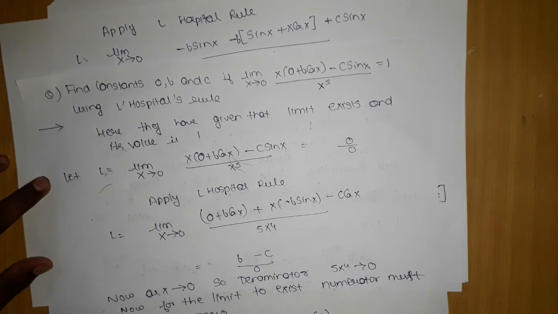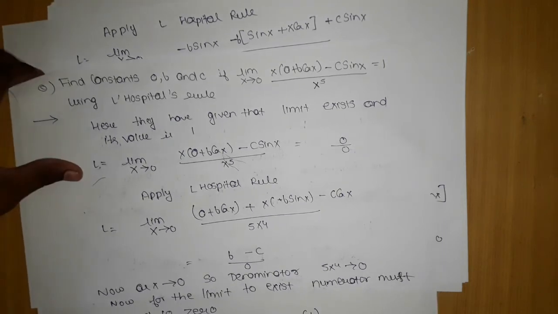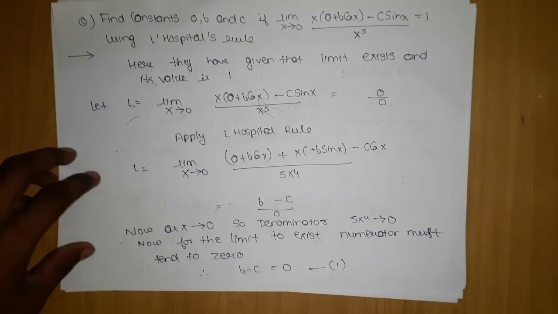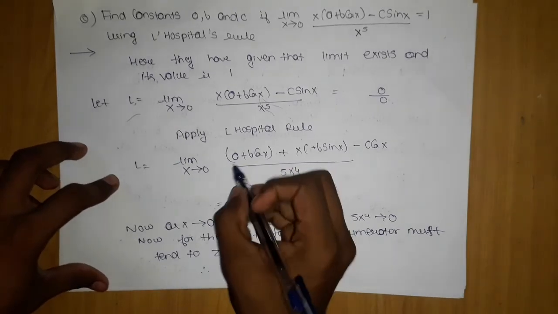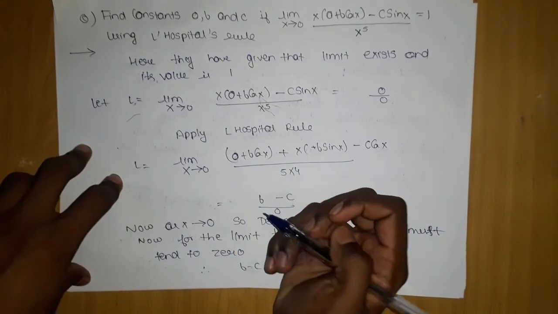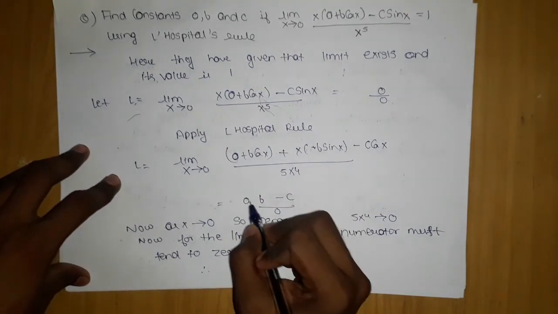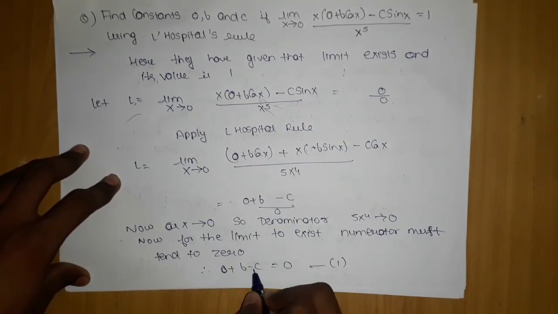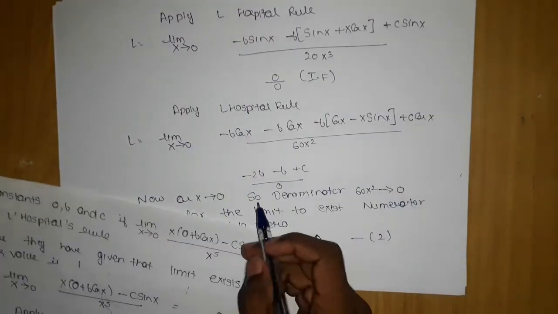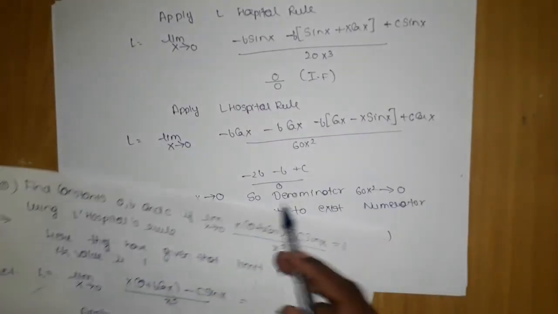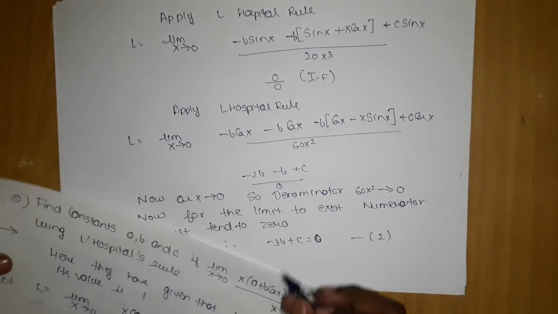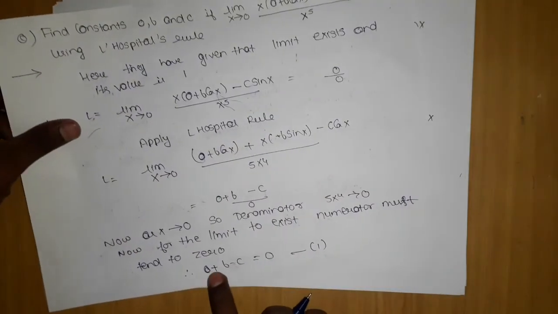A will be there, it will become 0, b minus c. What mistake did we do? Okay, I think we forgot to mention a here, because of which after that a will also be there, so our answer will be a plus b minus c, and that a will get eliminated in the next differentiation, and the rest of the things will be correct, right? So in the first equation here there will be a.